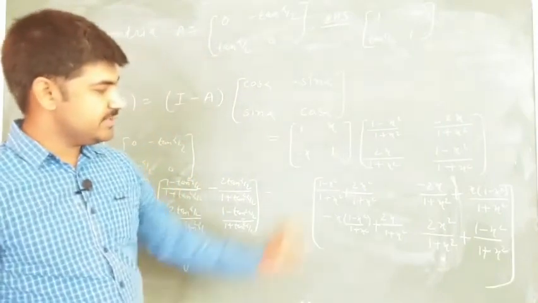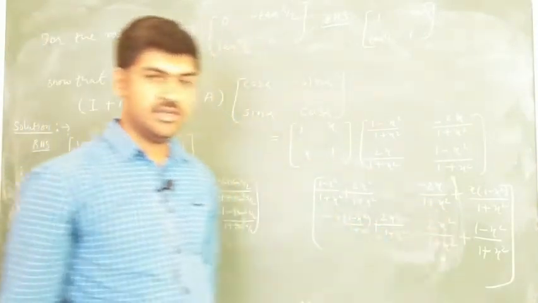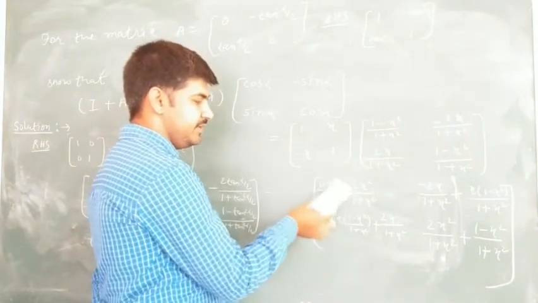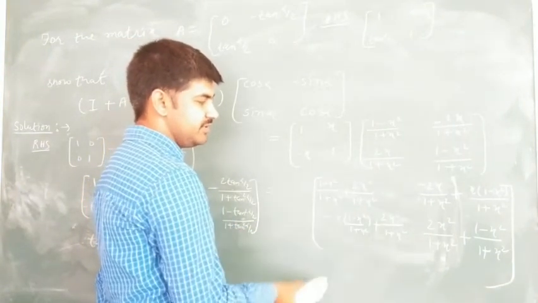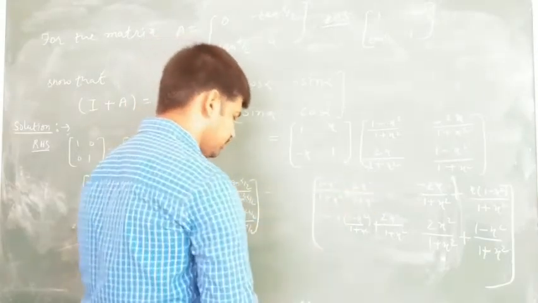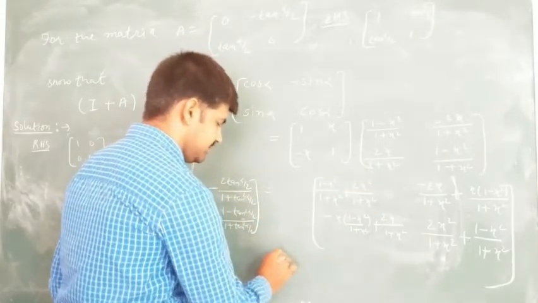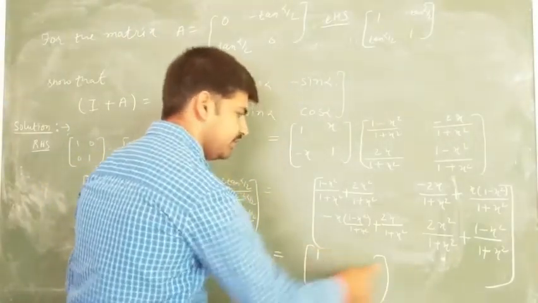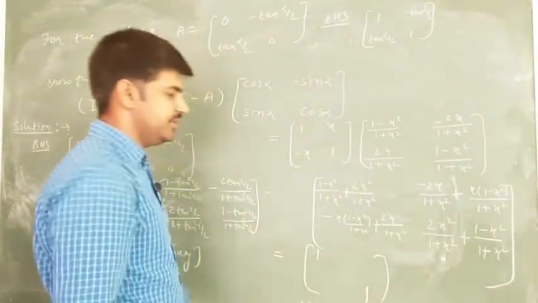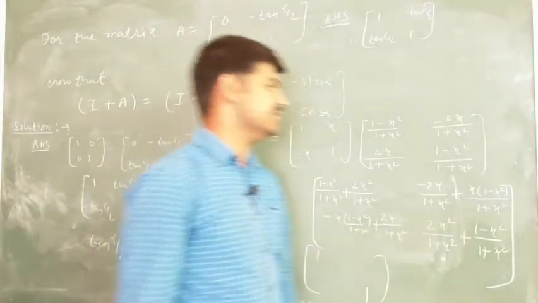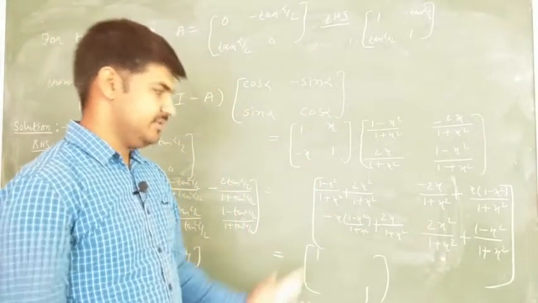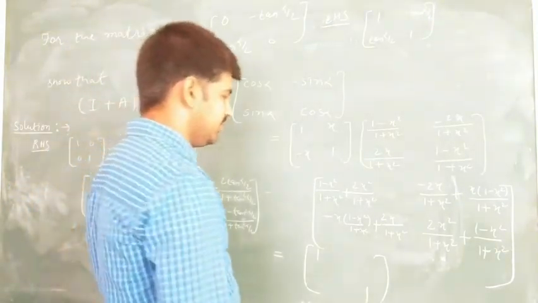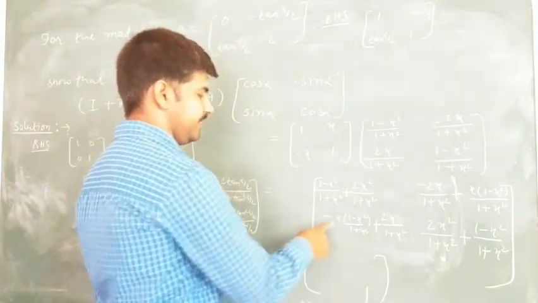So first of all I am simplifying these two terms, students. It is simple that when you take 1 plus x squared as LCM, then here also what will be remaining, 1 plus x squared, and the value of this one will be equal to 1. So I am writing it as is equal to 1, and same this particular term. As far as these two terms are concerned, they will be simplified by multiplying properly, students. So let's go and multiply.